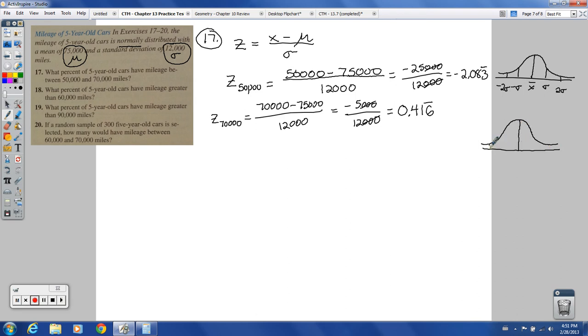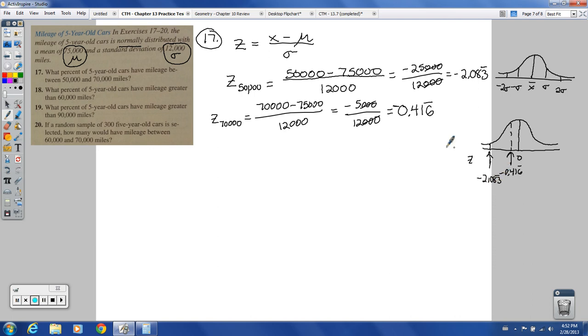So we're going back to here. This is the original score. I'm just going to put the z-scores in here. So we've got a z-score of negative 0.416, sorry, that should be negative. So we're going back about to there. So negative 0.416 repeating, and here I've got a z-score of negative